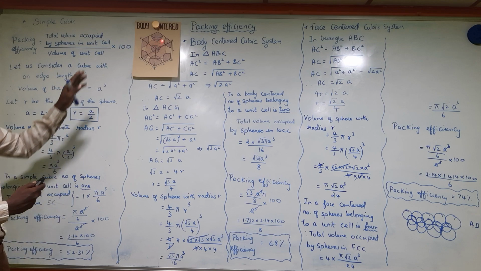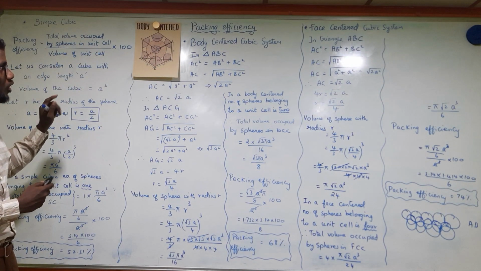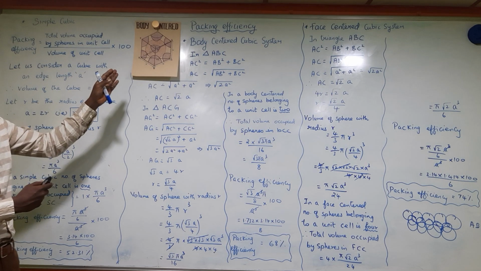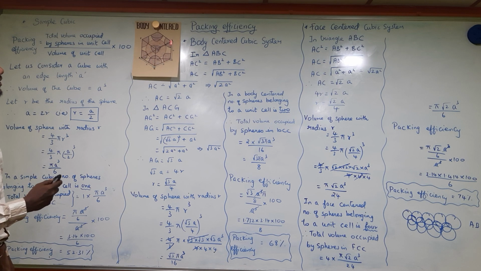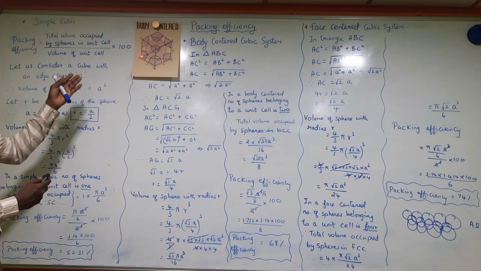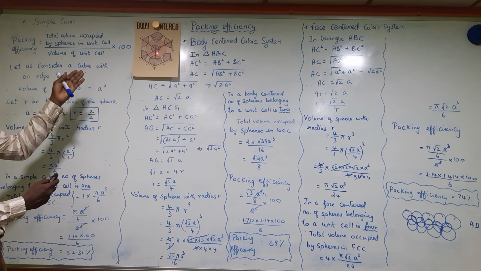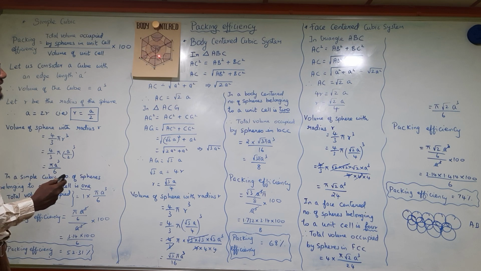Okay, this is the pink color. Pink color space called atom present in the body center. So all the atoms in the corner do touch the atom present in the center. Okay, now if A is going to be the edge length, A cube is the volume of cube already we have seen here, and let us mark A, B, C, D. Okay, and E, F, G, H. Now we connect A and C, and we connect A and G.